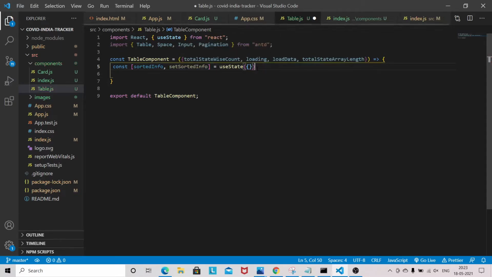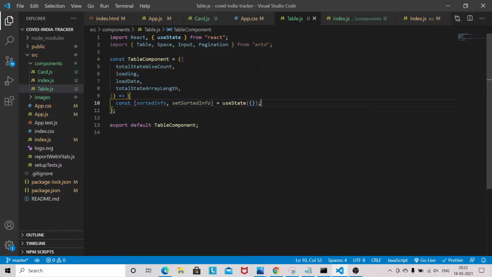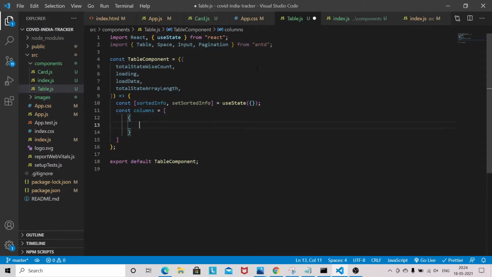Then we need column configuration here. Since we are using Ant Design, we have to configure the column.